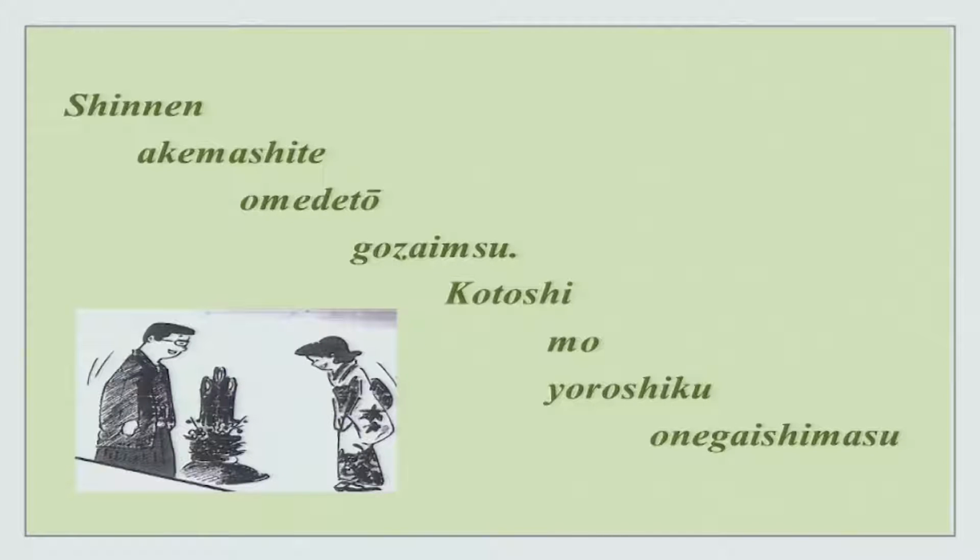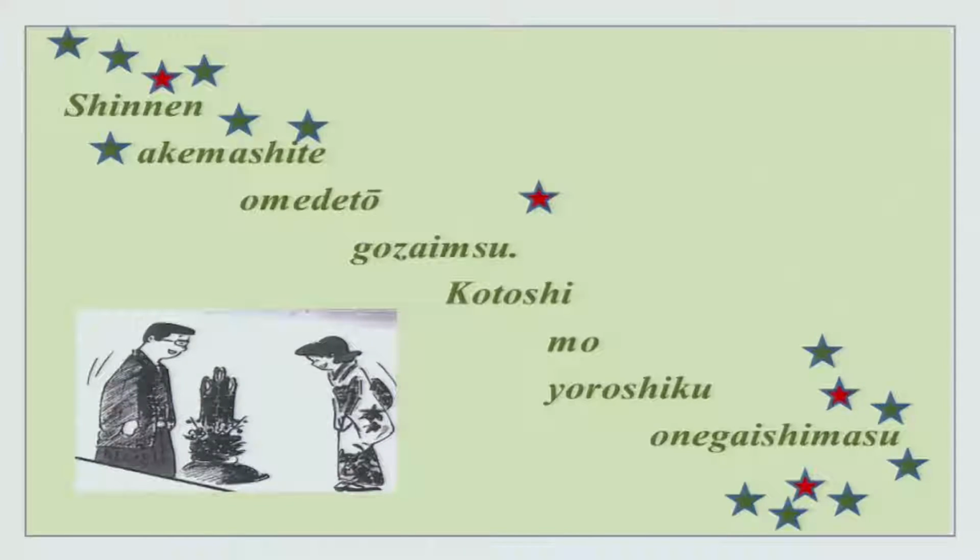And one thing you have to see over here in the picture which is given, you have to pay attention to where your hands are when you are saying this. It should be straight and not anywhere you want. You have to bow, and then you have to say shinnen akemashite omedetou gozaimasu, kotoshi mo yoroshiku onegai shimasu, and then the answer will be the same thing again repeated by the other person. So, you should keep that in mind, and all this is for festivity.